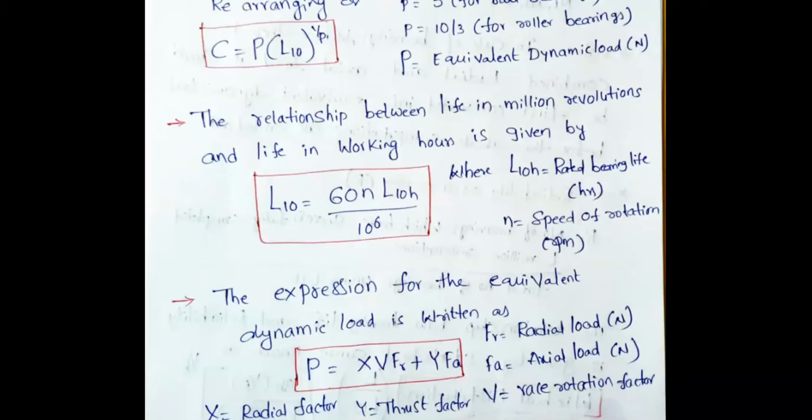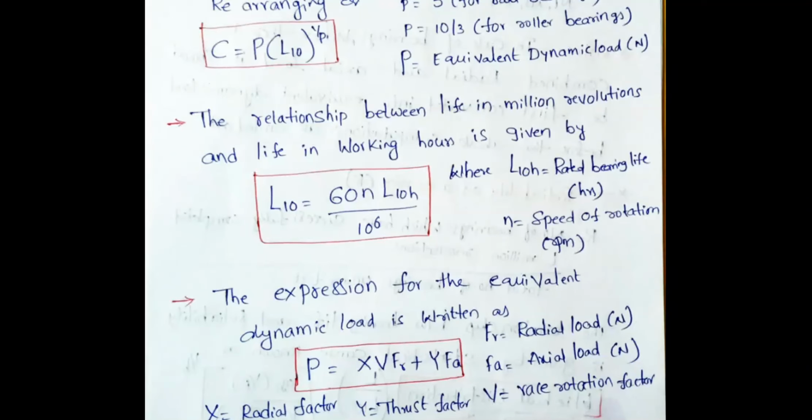If you are having only a radial loading condition, then you have to put axial load equal to 0. There is no axial load. Suppose you are having only an axial load, then directly you can put radial load as 0. That is the only thing. So this is a combination, right? Both the combination of radial load and axial load you have to convert into equivalent load. Whenever two loading conditions are acting simultaneously on the bearing, automatically you have to convert into equivalent load. That is the procedure, right?